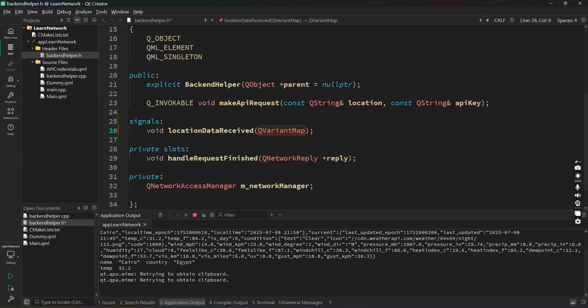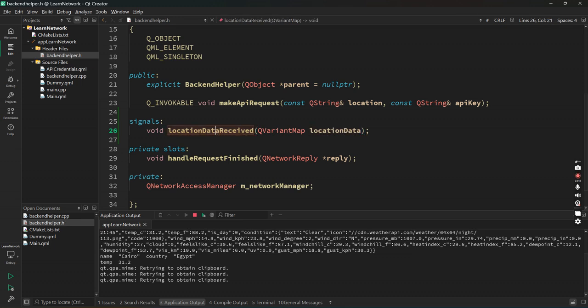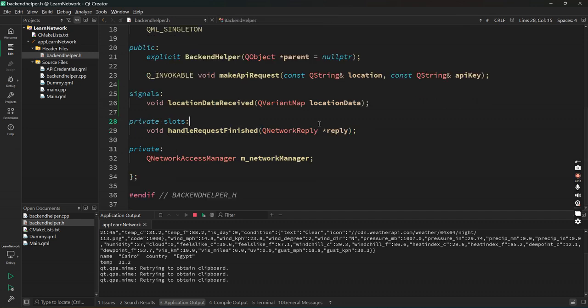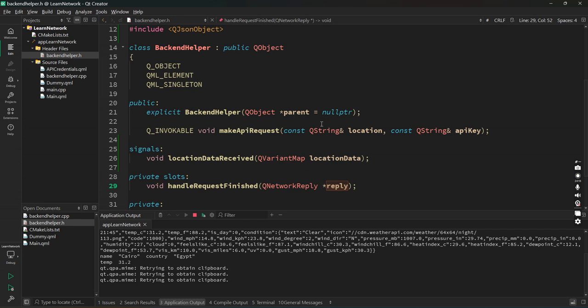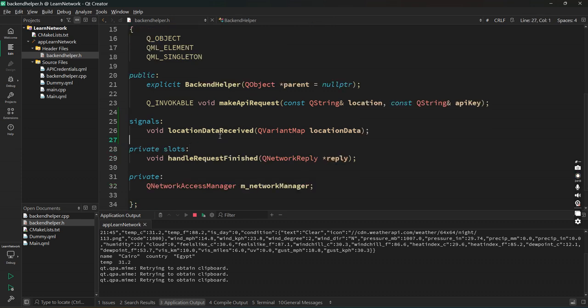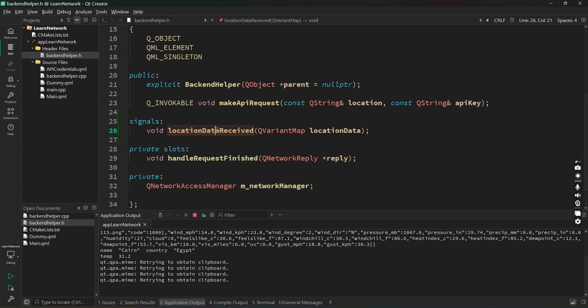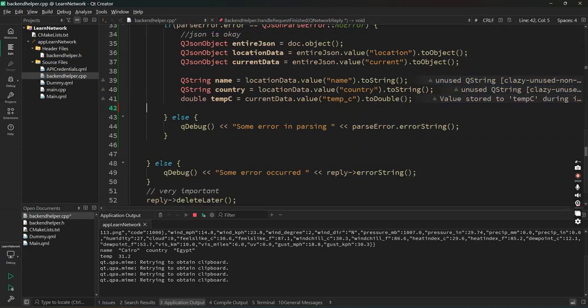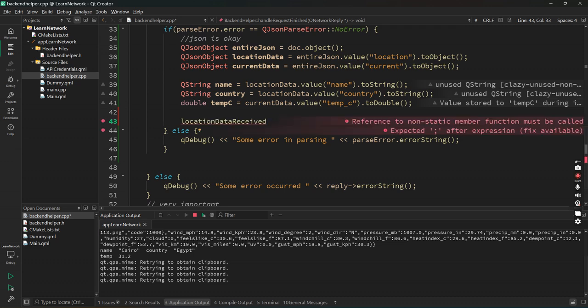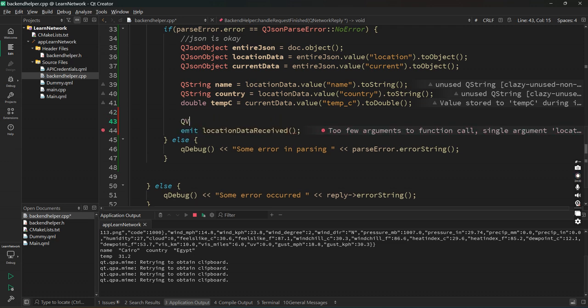No, let's make it void. Yeah, let's make it void. This is the data we will get, right? So this is the location data, and we will just emit this signal. Just like this method, we were getting the parameter, again we will emit this signal. Actually, with a signal, there is no need to write emit, if you just type this, this is also fine. So just type emit. Now you have to provide the variant map, right? So let's say QVariantMap